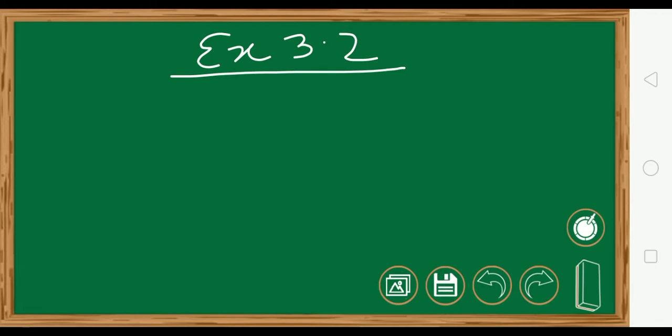Good afternoon, students. In the last lecture, we had completed exercise 3.2. Now, in exercise 3.2, the second sum and the ninth sum were deliberately written wrong by me, and I was waiting to see how many of you would point that out. Only 2 students have pointed out the mistakes. Others, I think they have just blindly copied. So again, go back and check and let me know what the mistakes are in the second sum and the ninth sum. Okay. Today we will move forward to exercise 3.3.